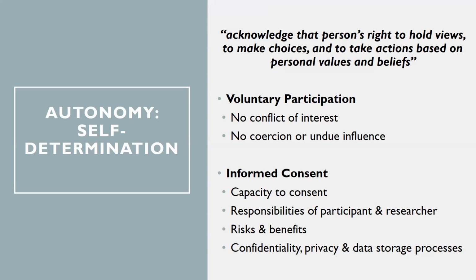So one of those questions is actually an ethical question of what determines an honorarium or a participant incentive. The second is informed consent, kind of like what I talked about in that doctor's office. Does a patient or a participant have the capacity to consent? Do they understand the benefits, the risks, the limitations? Do they understand their responsibilities as a participant or a patient, and that of the researcher? You also have to understand the responsibilities of the researcher. What does the researcher owe you? What have they promised you? What are they going to provide for you? You're able to balance the risks and benefits, and then you're able to understand confidentiality, privacy, and data storage processes.